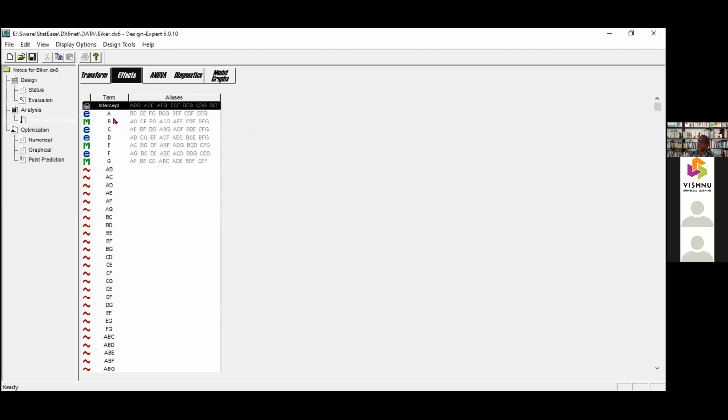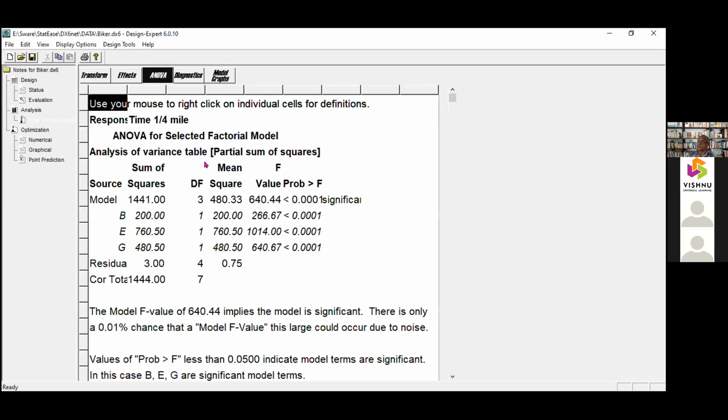So this is the area. Here, when I go for analysis of variance, it says that B, E, G are significant. But can we fully conclude that B, E, G are significant? No. So now B is significant.